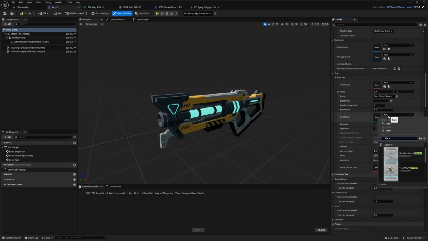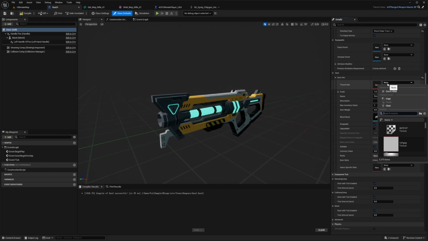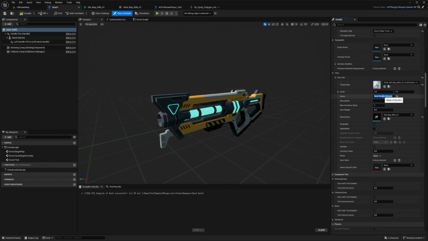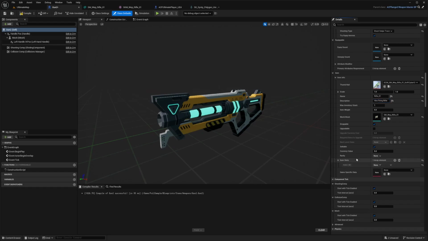So I'll just look for that rifle 01, and then I'll also look for that thumbnail of this rifle, and I'll just call the name rifle 01 and just write a description saying high firing rifle, like so. And then you also need to select an item slot to tell your character which equipment component it's going to